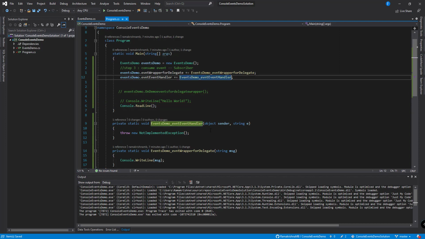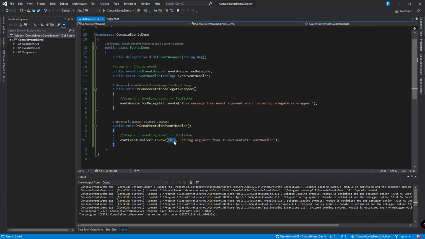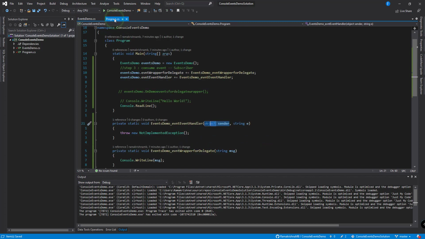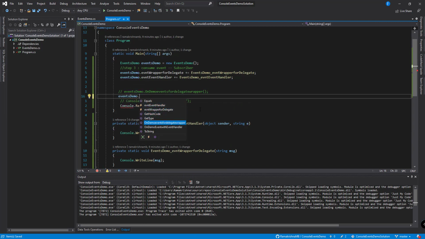So as you can see, we have an object, that is the class EventDemo that will be sent over for this object, and we have this string argument. So to print the message from our method, from our argument, all we need to do is give our argument e over here. So to call this method, on demo event with event handler.